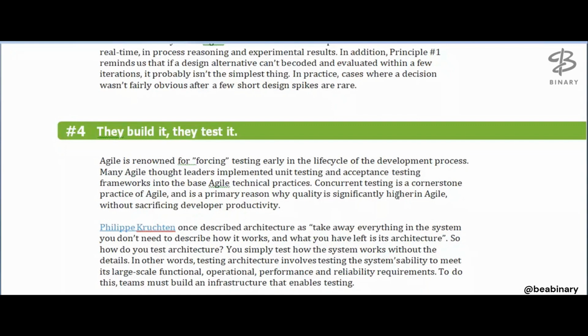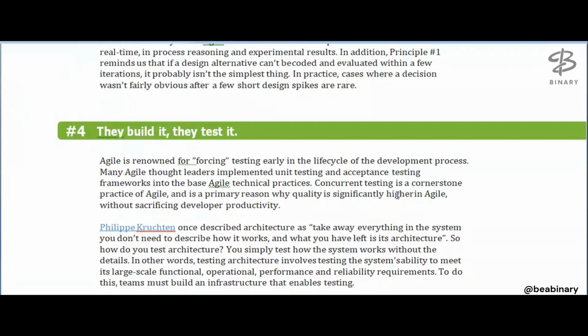sacrificing developer productivity. Philip Kruchten once described architecture as: take away everything in the system. You don't need to describe how it works, and what you have left is its architecture. So, how do you test architecture? You simply test how the system works without the details. In other words, testing architecture involves testing the system stability to meet its large scale functional, operational, performance, and reliability